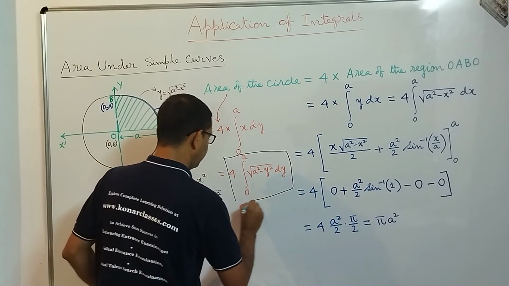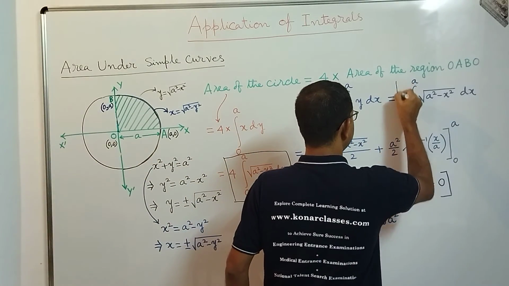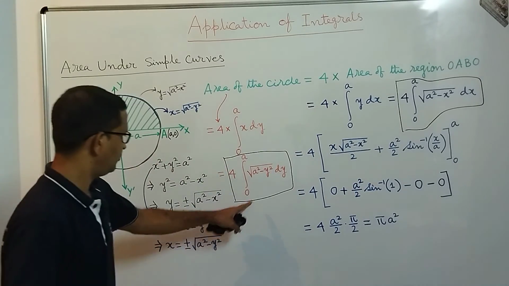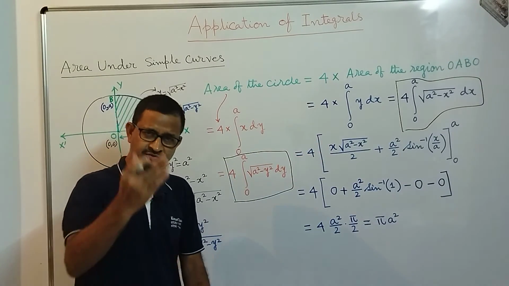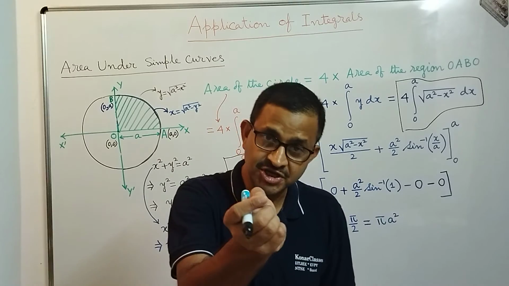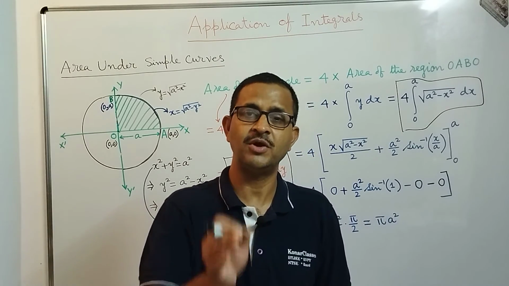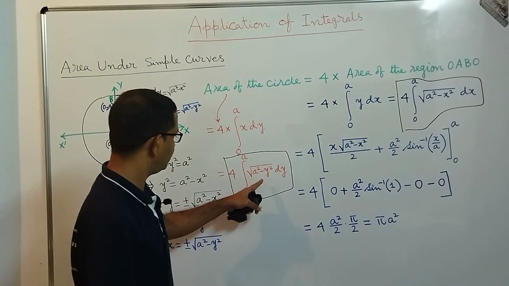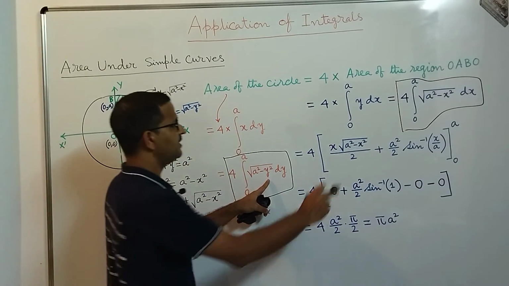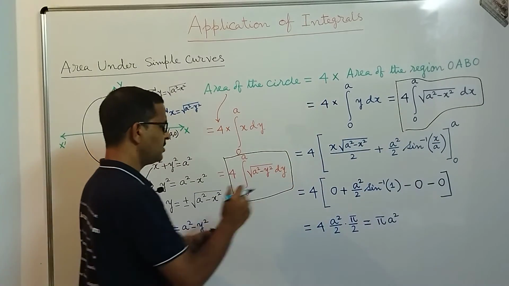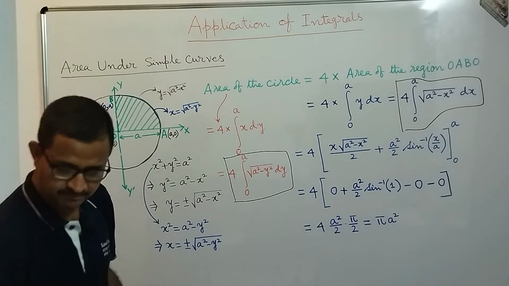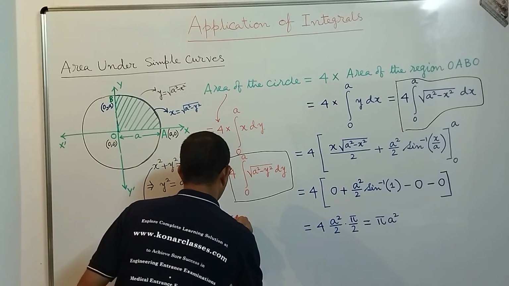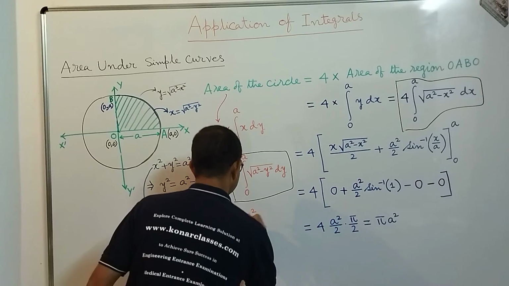And if you look at that, the value of this integration will be exactly the same as the value of this integration, correct? Both are the same because only the variable is changing. We know the first property of definite integration: integration a to b f(x) dx is equal to integration a to b f(y) dy. So here only y is the variable and here x is the variable. So the value of these two will be exactly the same. So if we compute this one, we will get the area of this circle as pi a square.